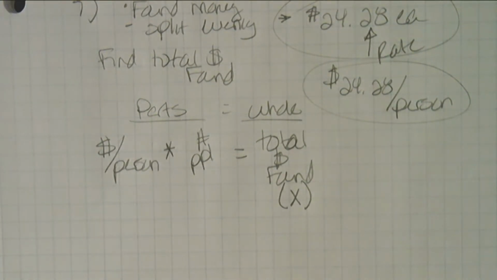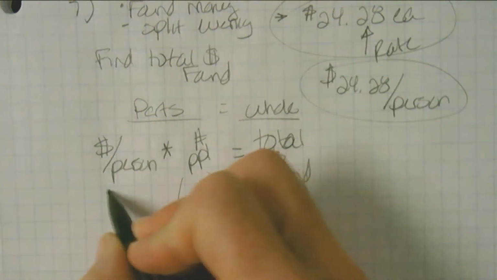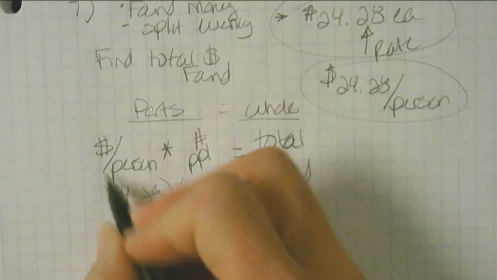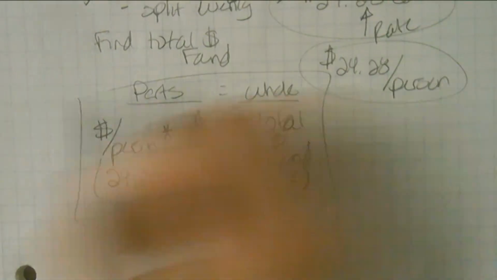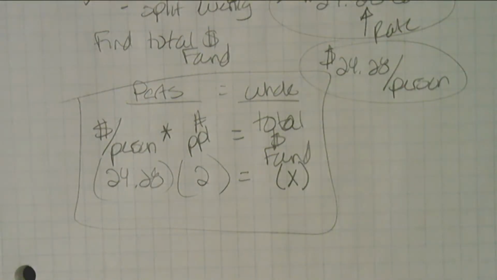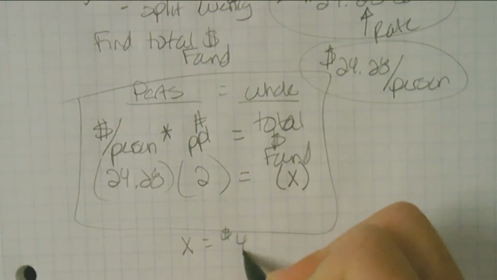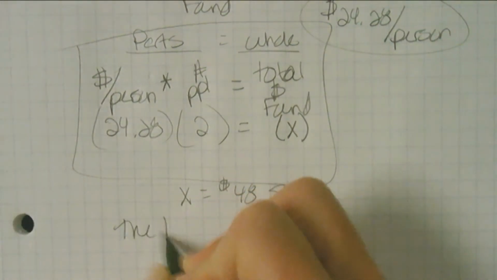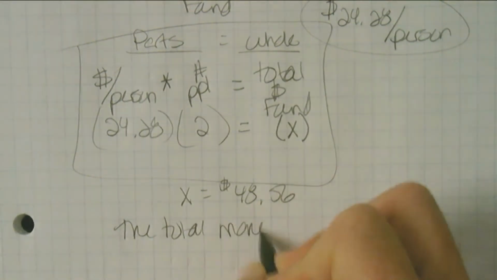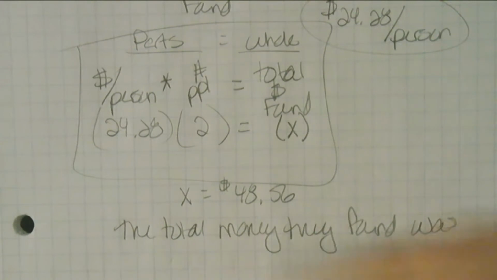All right. So, Angela, you said we have 2 people, right? And we're multiplying by $24.28. So there is my game plan, and there is my equation. So when I multiply that out, I get X is equal to $48.56. And then I'd write that as a sentence. The total money they found was